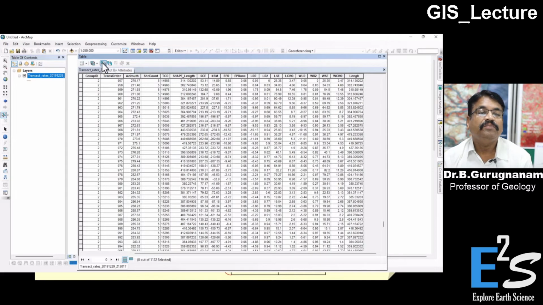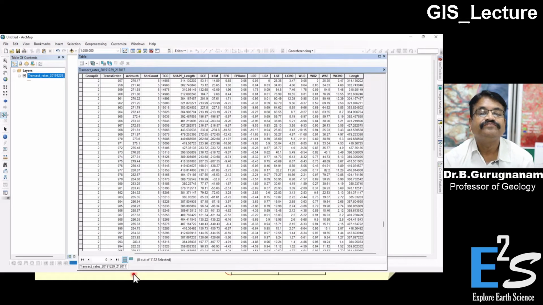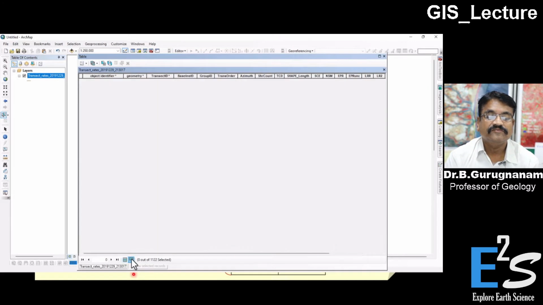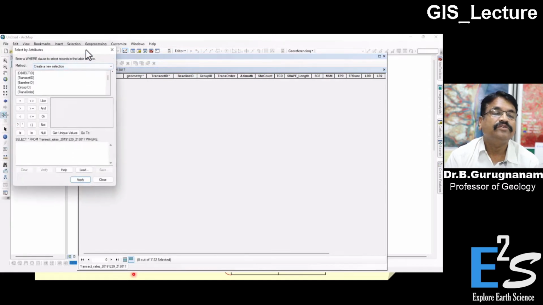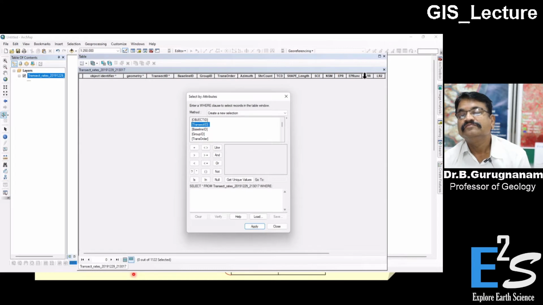You have to take the table, select by attribute, and select all records, not selected records. You see, you take all records. Now select by attribute. In select by attribute, you have to take the EPR, endpoint rate, and you are now going to apply it using all these function keys. EPR,